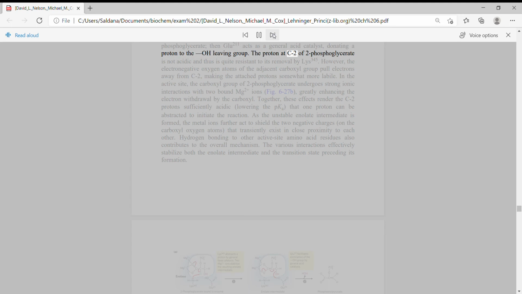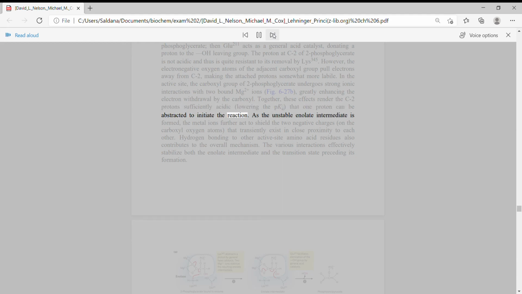The proton at C2 of 2-phosphoglycerate is not acidic, and thus is quite resistant to its removal by Lys 345. However, the electronegative oxygen atoms of the adjacent carboxyl group pull electrons away from C2, making the attached protons somewhat more labile. In the active site, the carboxyl group of 2-phosphoglycerate undergoes strong ionic interactions with 2 bound Mg2+ ions, Fig. 6-27b, greatly enhancing the electron withdrawal by the carboxyl. Together, these effects render the C2 proton sufficiently acidic, lowering the pKa, that one proton can be abstracted to initiate